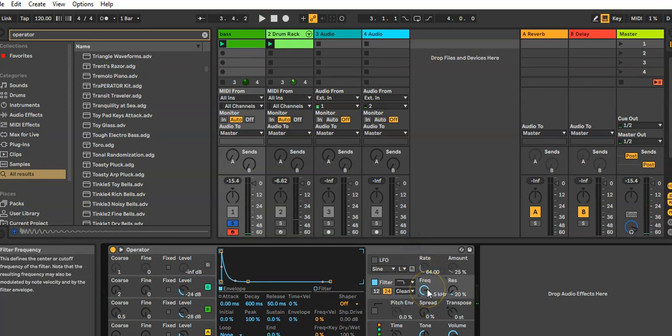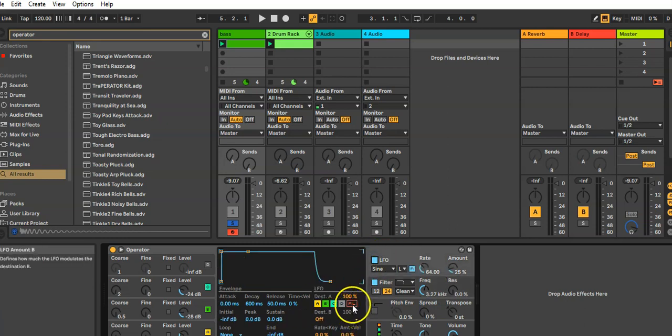As you may note, I am filtering out the higher frequencies. I have the cutoff. So I'm going to keep that on that. And I have also the low frequency oscillator. So basically, if I hit the low frequency oscillator and click this button here, the filter, LFO to filter cutoff,